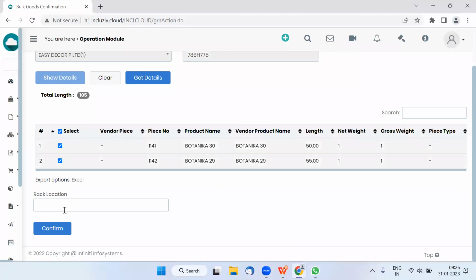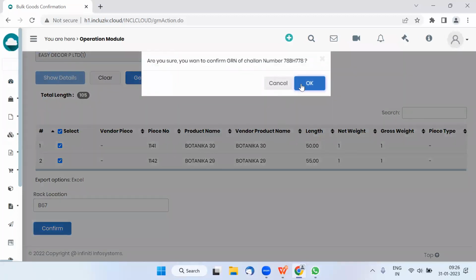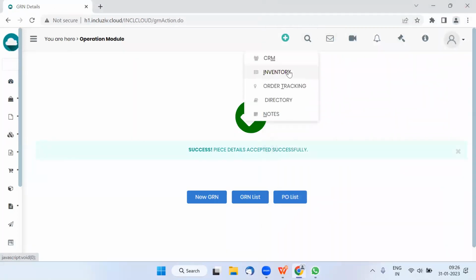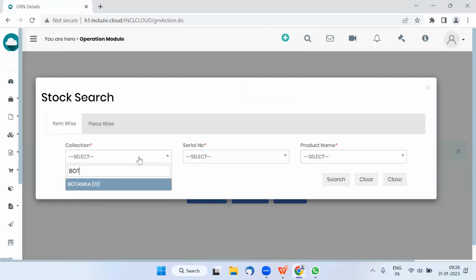At this point in time, I can put in a rack number. I can also do this entire process over a handheld terminal. So I can basically scan all the pieces on a handheld terminal using an Android device. And the moment I confirm this, I also have a sticker print, which is with the rack numbers available. And what I see in the inventory right now would be